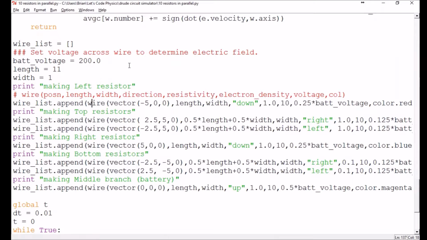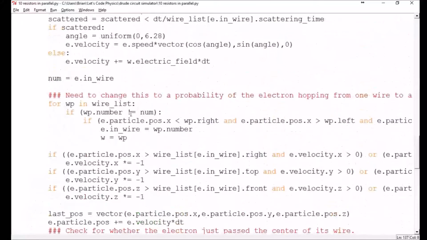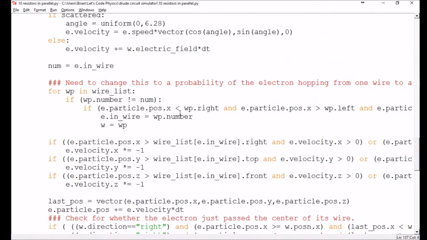And in fact, if you move those, I'm not going to go through it since it takes a while for the graphs to generate. But if you swap these two, then that flips. Then the blue one gets more current than the red one. So there's some problem with the red one having priority in the order in the wire list. And the reason for that, I'm pretty sure, is this line up here. This is what I want to spend the rest of our video fixing,